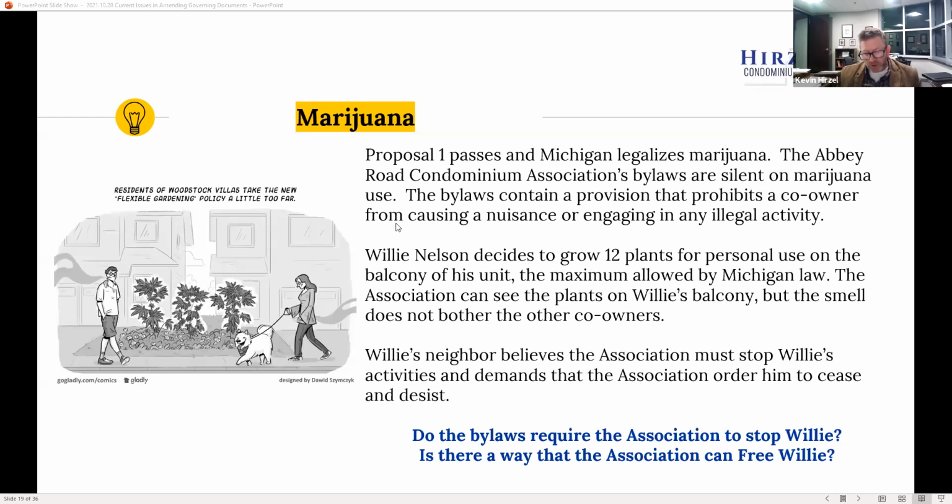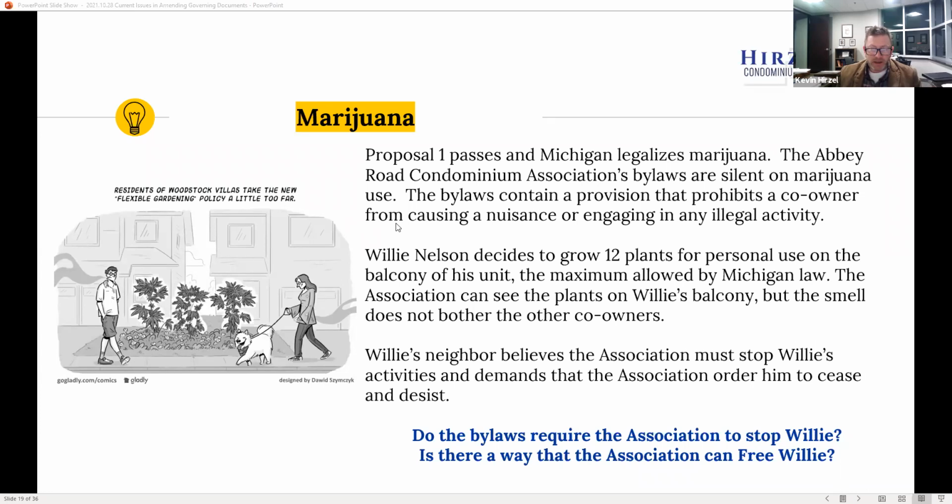Michigan law currently requires under the Condo Act that it prohibits illegal activity, and it requires the board to enforce the condominium bylaws. So it arguably does require the board to take action with respect to stopping Willie because it's illegal under federal law. However, we do recommend that associations adopt a provision that allows the association not to have